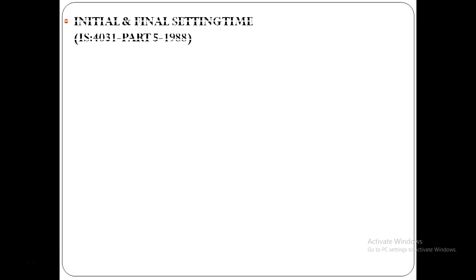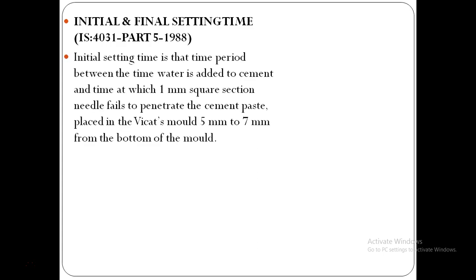And the last one is used to find out the initial and final setting time. This again is IS 4031 part 5 of 1988. The initial setting time is the time required between the time when water is added to the cement and the time at which the 1 mm square section needle of this Vicat apparatus fails to penetrate the cement paste, which is placed in the Vicat mold, 5 mm to 7 mm from the bottom of the mold,